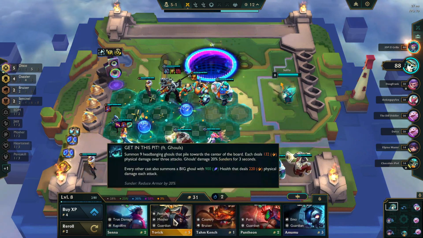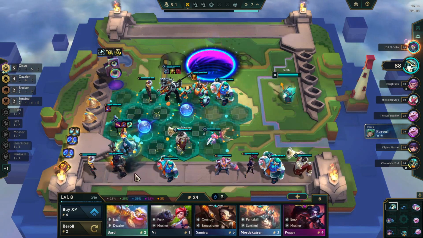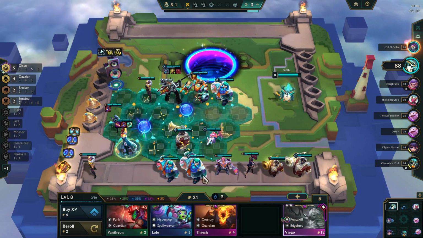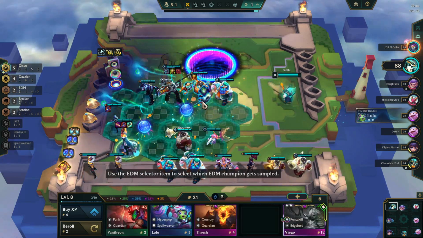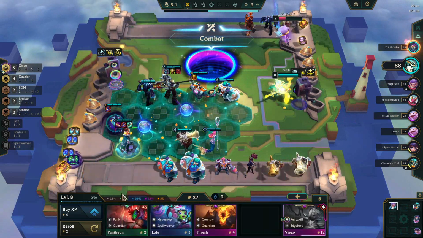Anyway, we'll go ahead and play the set for a Bruiser trait. There's another Bard. The Yorick, I didn't have any way to get on my board. I asked Grillo if he could use it, and he said he could not. So we'll go ahead and pass on that. We're going to go ahead and use the EDM selector. Now we can sell the